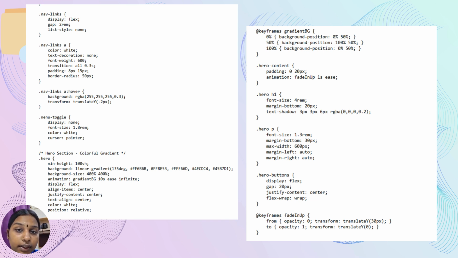The last is cinematic entry animation. Finally, we wanted the text and call-to-action button to arrive on the screen in style. As seen in the right panel, we assign a custom animation called fadeInUp to our hero content. When a visitor lands on our page, this animation smoothly transitions the title, text, and button from a completely hidden state and pushes them up from 30 pixels down into their final position over exactly 1 second. It gives the website an incredibly professional, premium presentation standard.